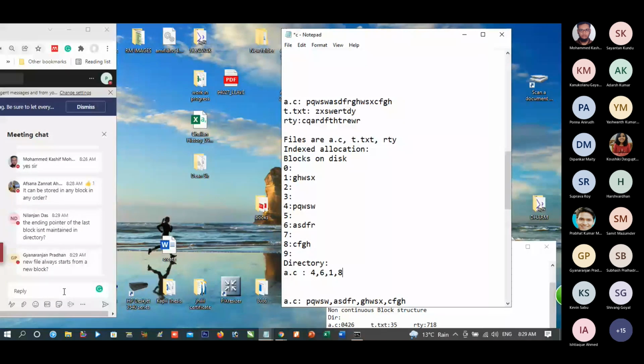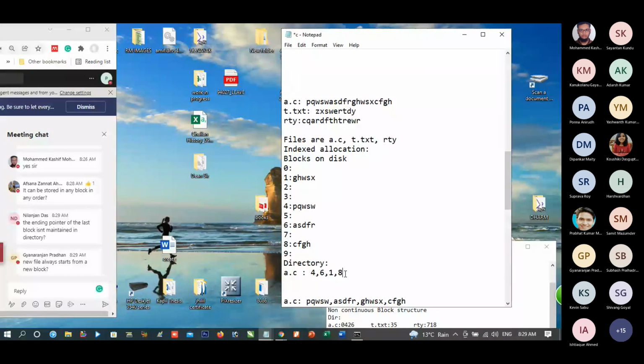Why do we need to mention the ending pointer of the last block, Nilanjan? We are writing all the block addresses into the directory. So why do we need the ending pointer of the last block? It is a set, not a range. Previously it was a range, Nilanjan. Now it is a set. And a new file always starts from a new block.